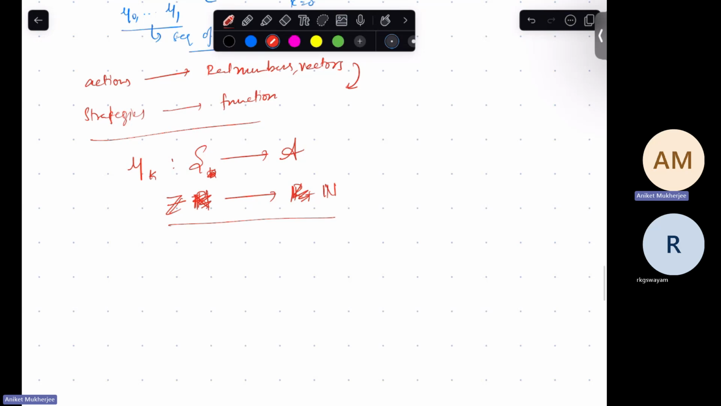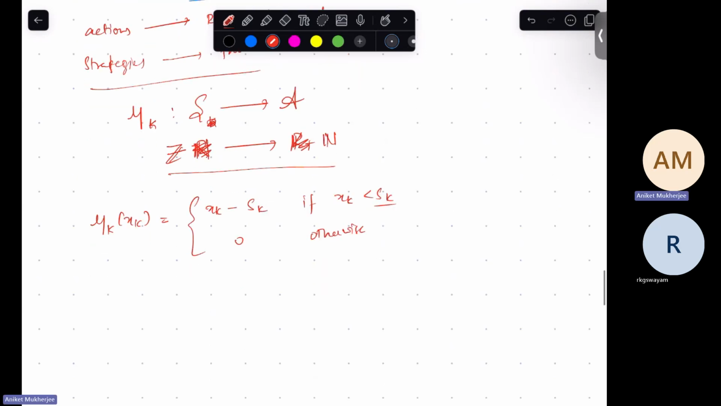So one example of a policy could be mu k of xk is equal to sk minus xk if xk is less than sk, and zero otherwise. These are known as threshold type of policies. So this sk you need to find out. That is the whole problem. You need to find out the thresholds at each time point, and you'll see that